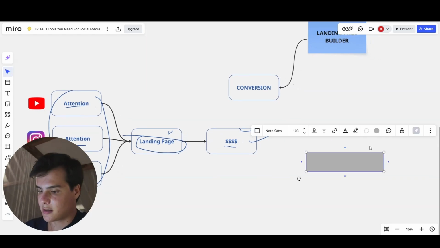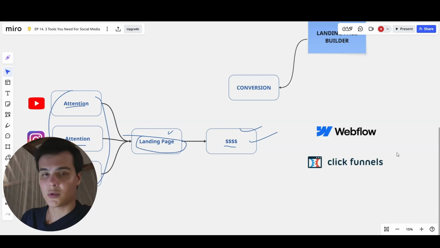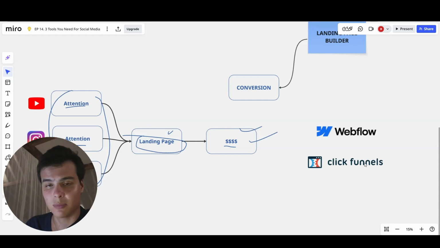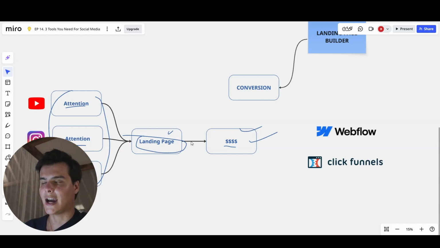And the second one is ClickFunnels. ClickFunnels is a classic landing page builder. It's also very simple to use. This platform is also really good because it has a lot of analytics. It shows you lots of different things, and it allows you to split test different headlines and this kind of thing. This is maybe a little bit more advanced for people who are actually getting tons of traffic